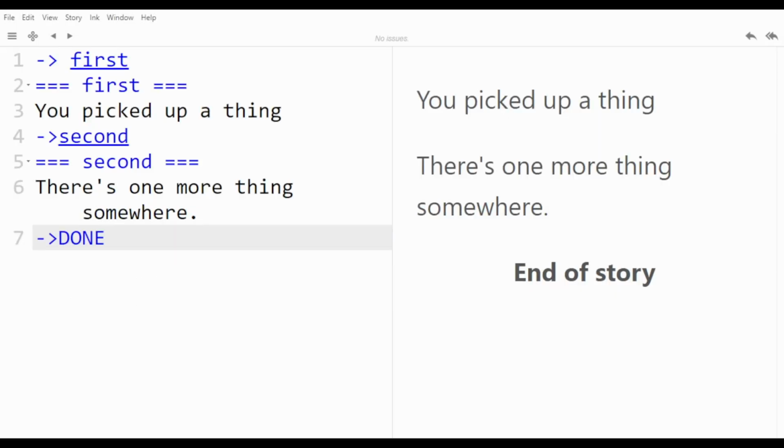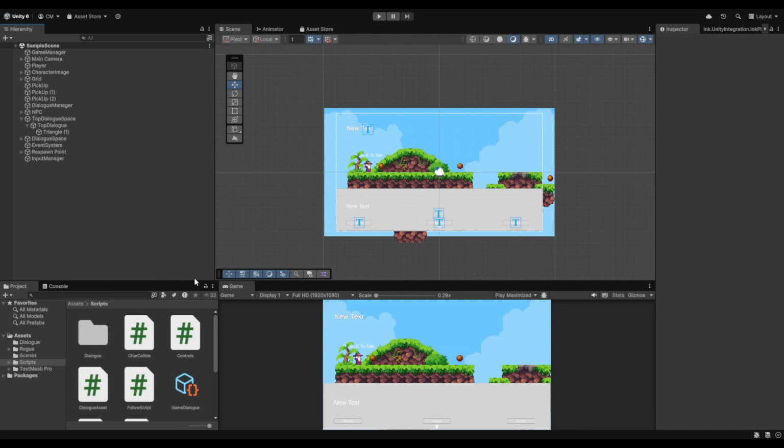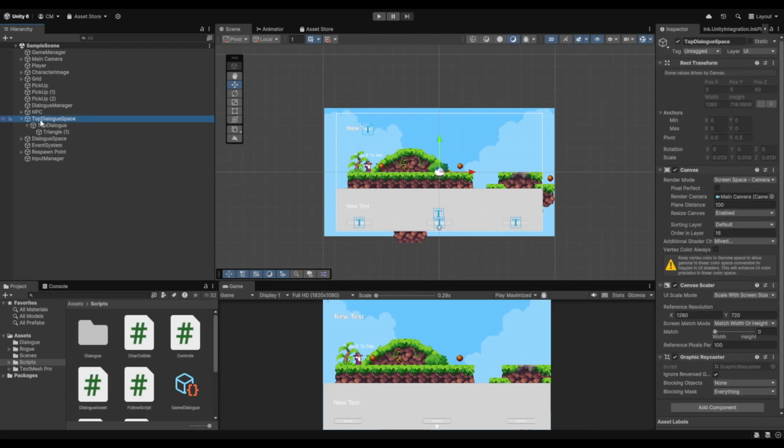In our example here, we're going to do something even simpler. We are going to just use a first and second, which then points to done. So basically there's 2 things that are going to show up in our game, as you saw in the example at the very beginning. All right, but all of that is dependent on an object that I have called top